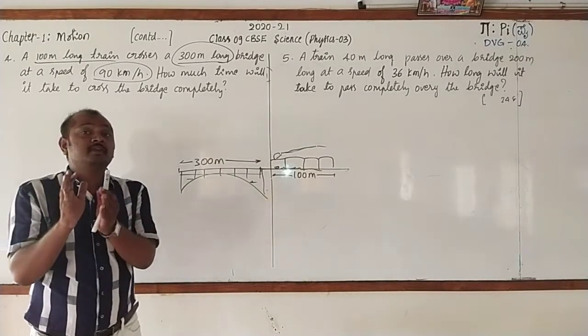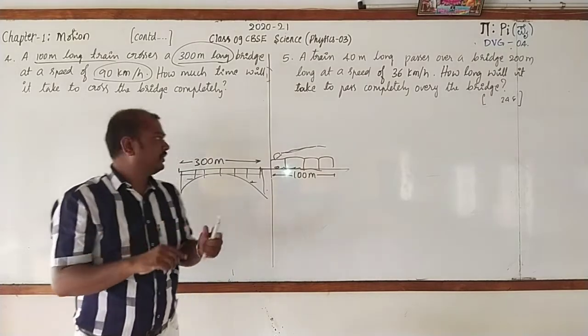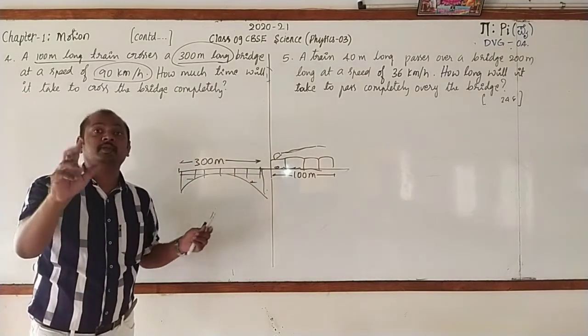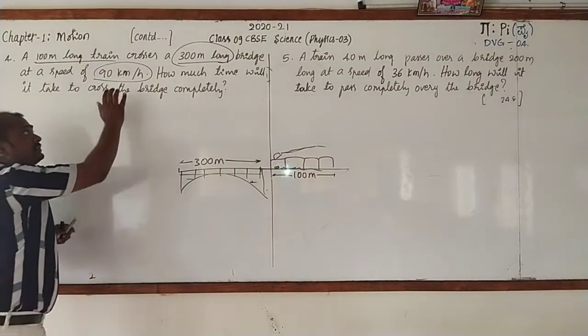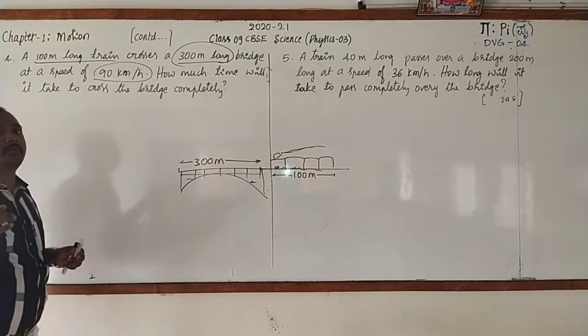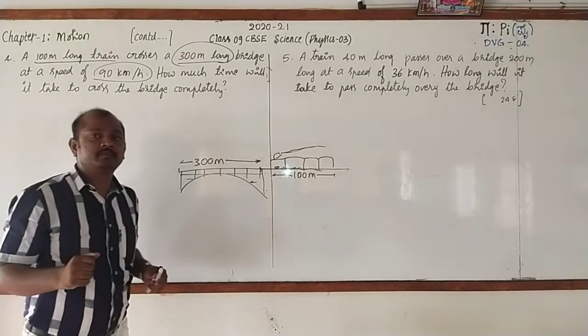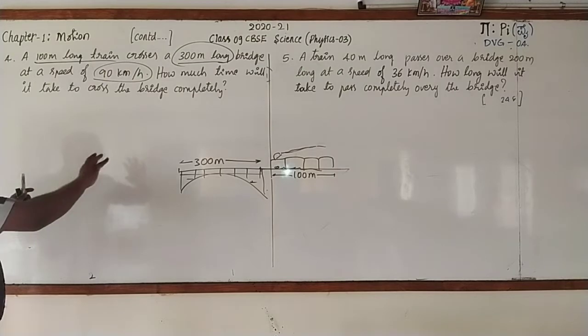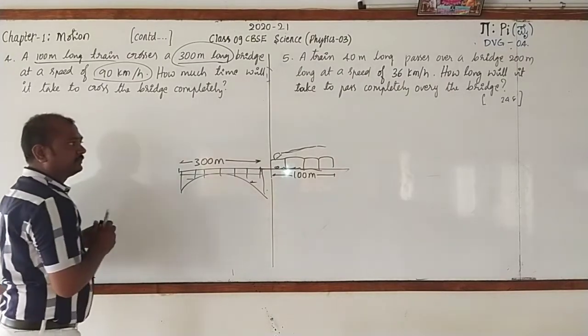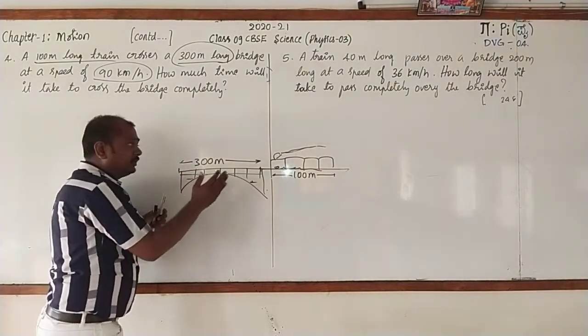they are in the same standard units? No. Because here distance is in meter and speed is in kilometer per hour. Hence it is necessary to convert 90 km per hour into which one? Yes, it is meter per second. Let me show that in the calculation. But again, you come back to this figure. Then